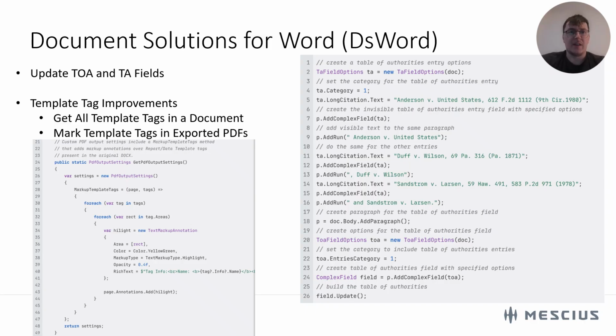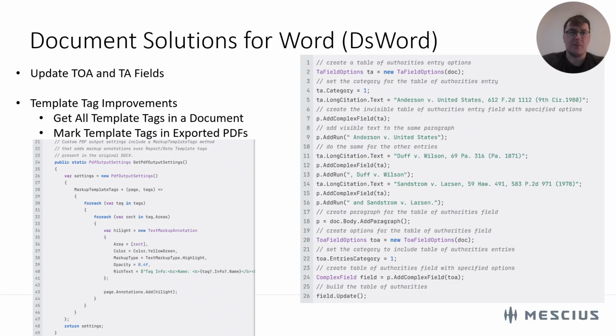publishing. Finally, DsWord now makes it possible to mark and highlight template tag positions in exported PDFs. Simply enable Mark Template Tag Areas in your Word layout settings, then define a Markup Template Tags delegate in the PDF output settings to apply highlights, annotations, or other custom markups. This is perfect for accessibility reviews, validation steps, or collaborative editing, making sure key placeholders are easy to locate in